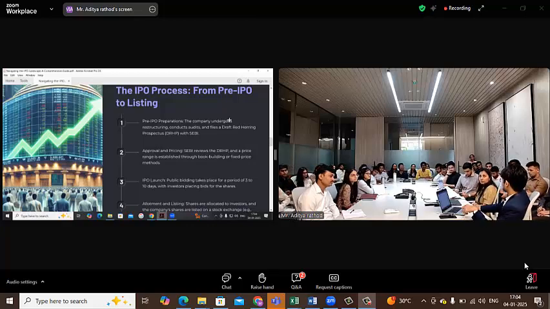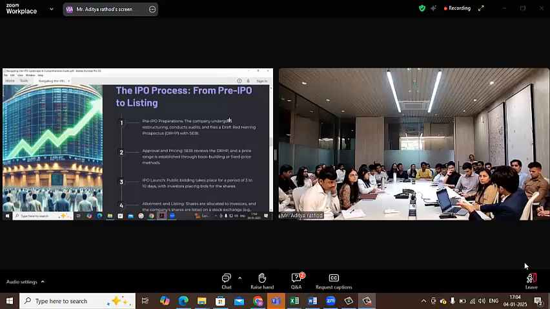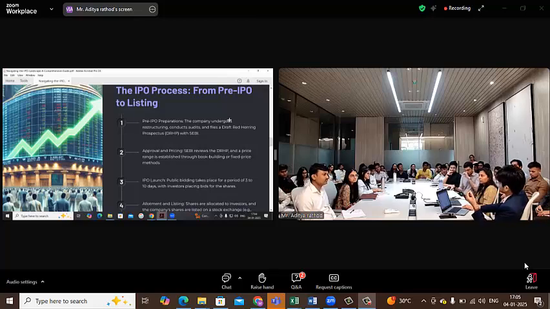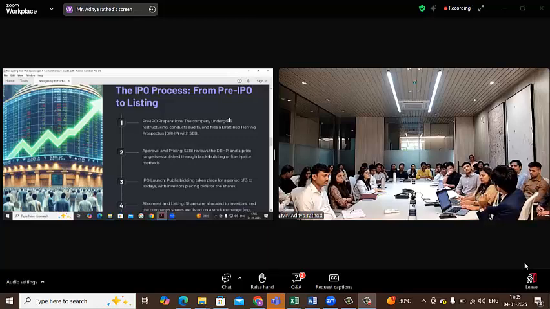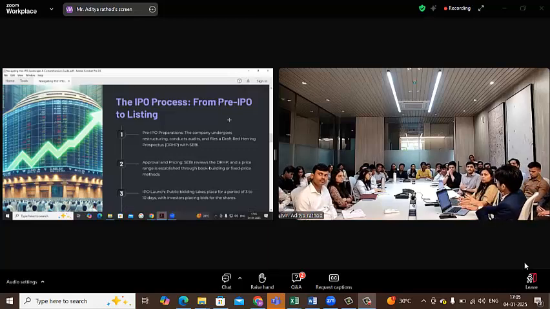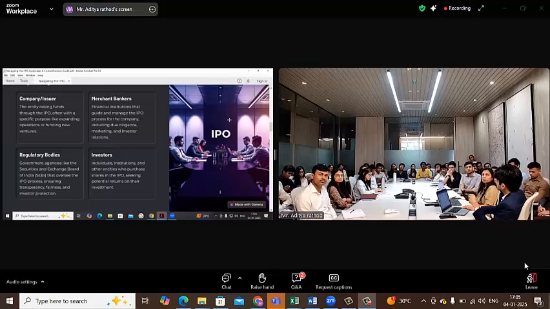Merchant bankers. We have multiple names for merchant bankers, BRLMs as it is called in the ICDR regulations, book running lead managers. These are basically Axis, ISAC, ICICI Securities, Unistone. There are multiple merchant bankers in the market. So we must have seen in the previous slide that among the key players in the IPO, the maximum role is played by the merchant banker.